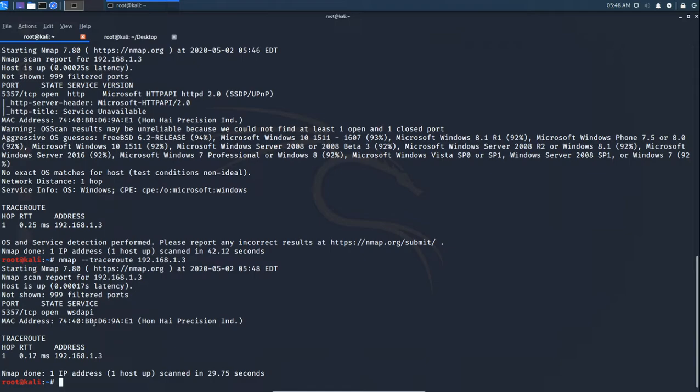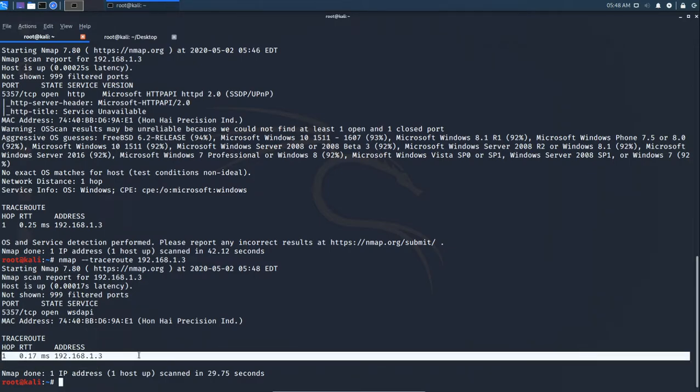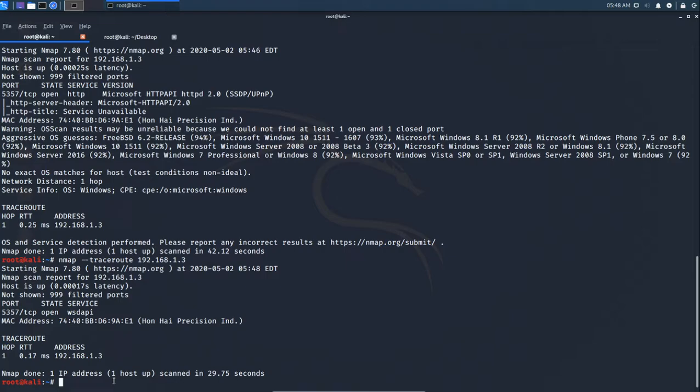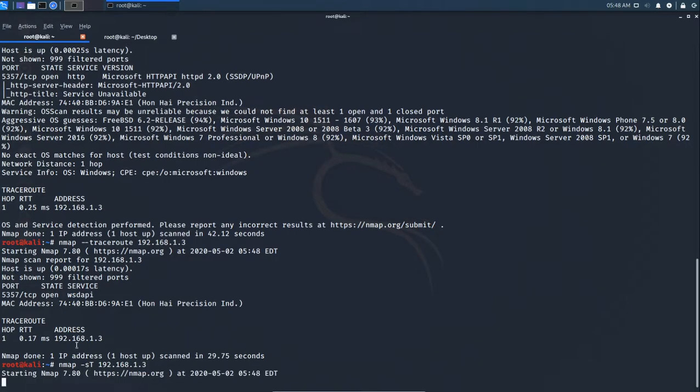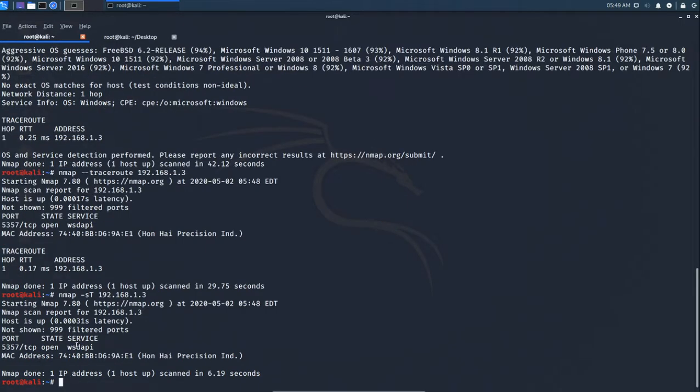So see here, we are done, and we got the traceroute here. Now let's do a TCP SYN scan. This scan will show which ports are open and which ports are closed.